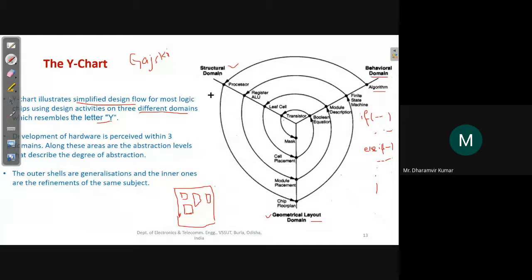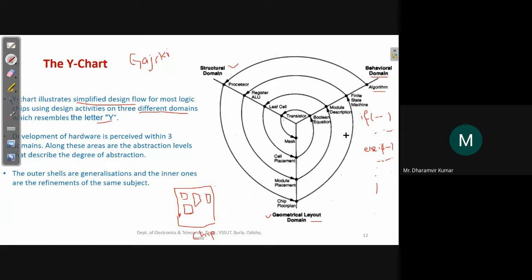Similarly, in the geometrical layout domain, analogous to the processor, we have the whole chip floor plan. So if this is the chip, then what are the different modules and how are they placed on this chip area? This is called the chip floor plan.